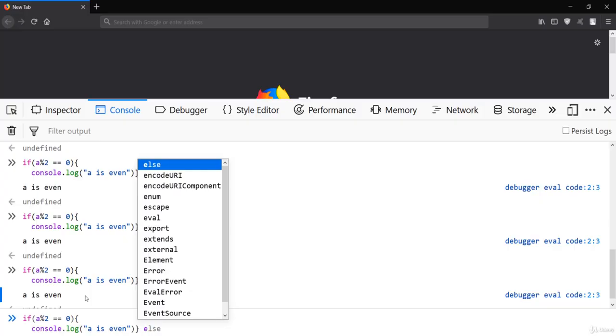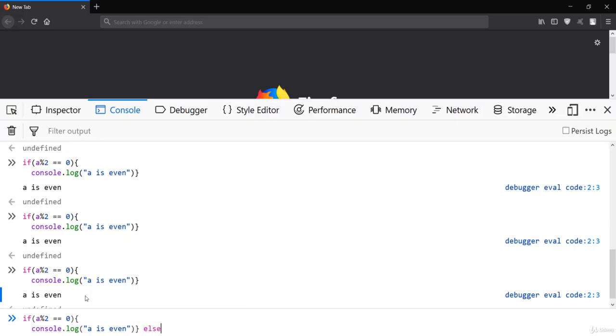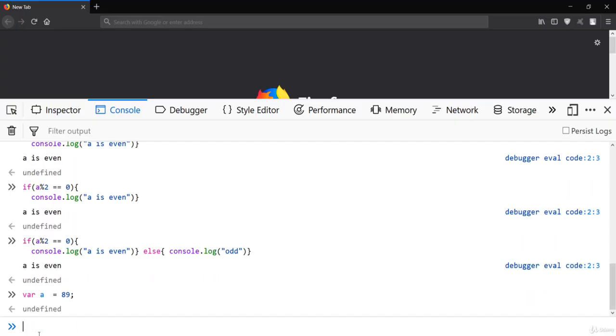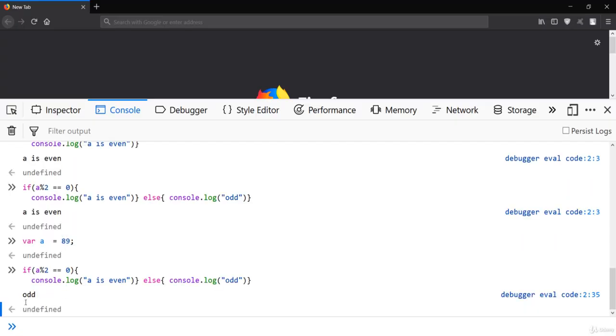So I'll just put here else, and in that else part I'll just say console.log, which is odd, which is not true basically, because a is here your variable which is even. So if I just create another variable, that is again the a, let me say 89, and now again execute the same code, then you will see that is odd has been printed, because now a is 89.